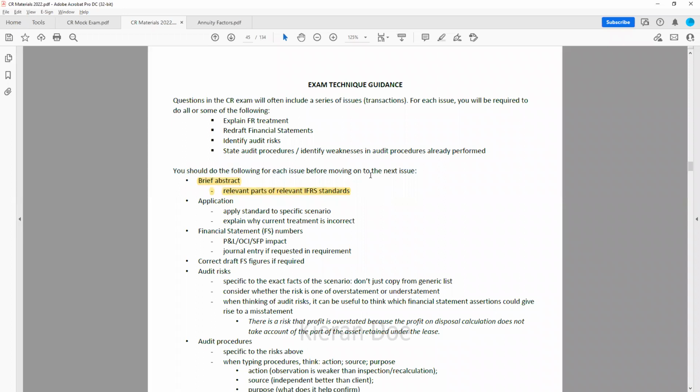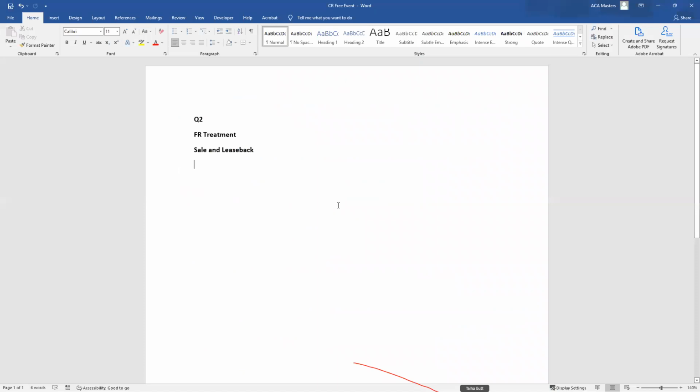Now, this isn't a license to just dump lots of information from IFRS 16. Think very specifically about which part of IFRS 16 is relevant. So of course, we're looking at a sale and leaseback here. So you could have a brief point here about the sale and leaseback part of the standard. So we could say here, under sale and leaseback, we could say under IFRS 16,